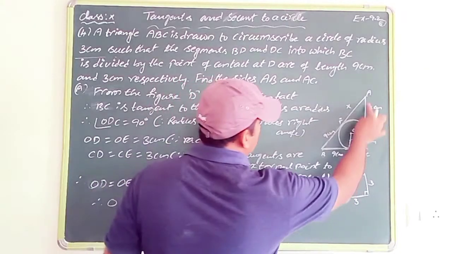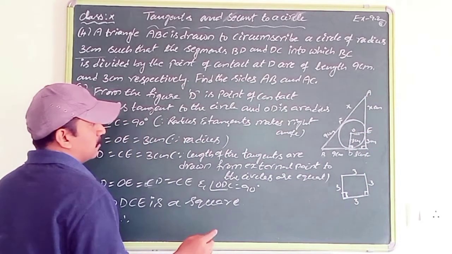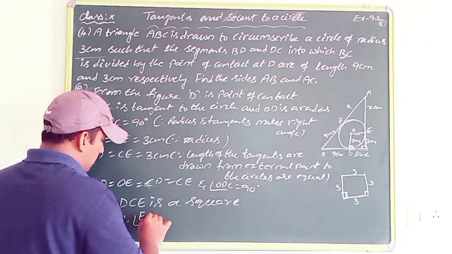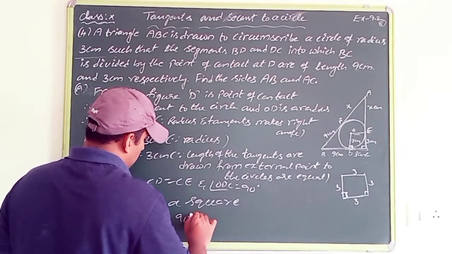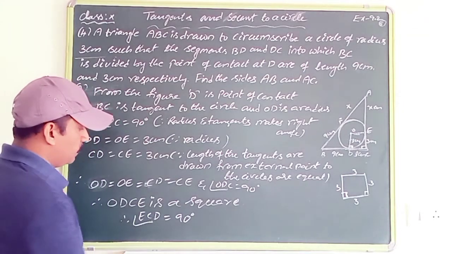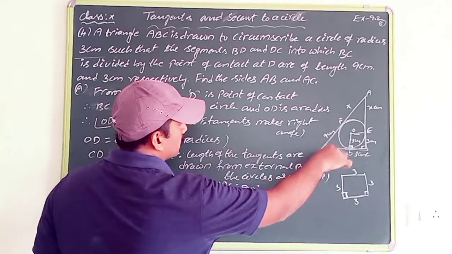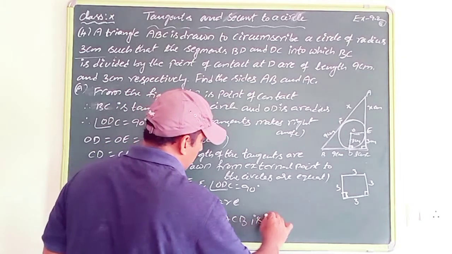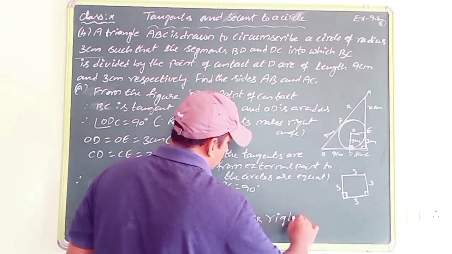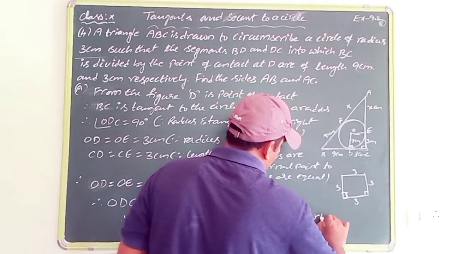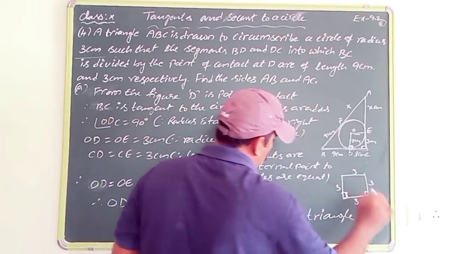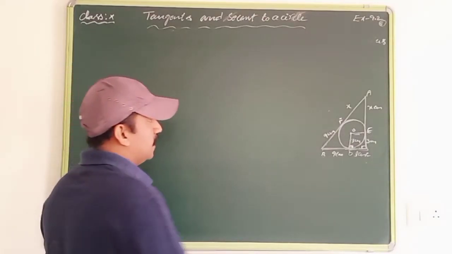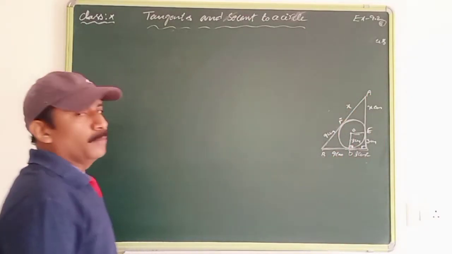Therefore, what can we say here now? Angle ACD or angle ECD is equal to 90 degrees. So therefore, what do we conclude now? Triangle ACD is a right triangle. It's a right triangle. Okay, so finally we proved this is a right triangle. So from the Pythagoras theorem,